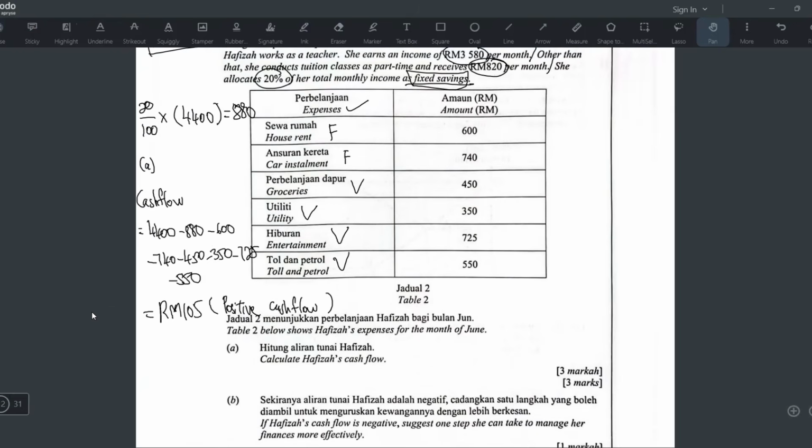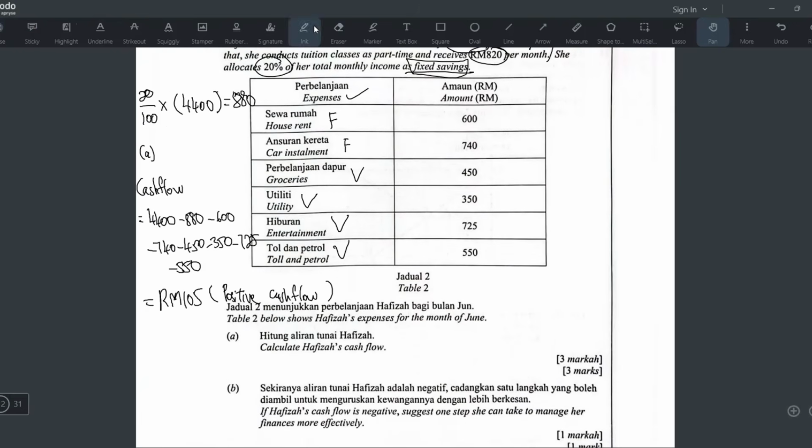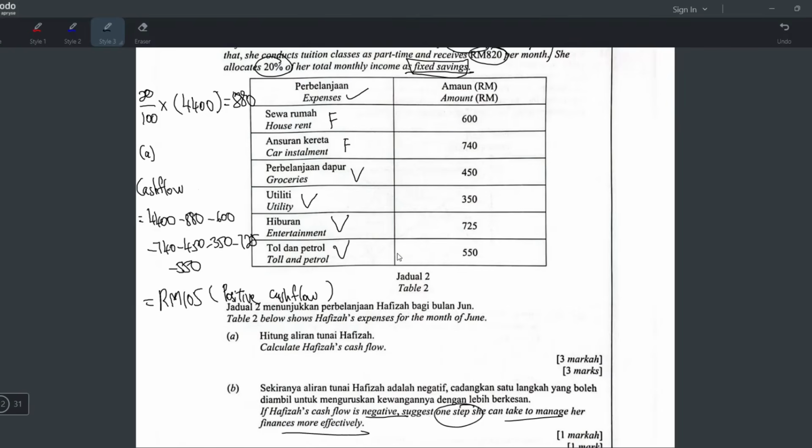Okay. All right. Hope you understand. Now for B. Okay. If Hafiza's cash flow is negative. Okay. It's positive now, right? It's positive. Hafiza's cash flow is positive. Yeah. It's positive 105. But assuming if it's negative, suggest one step she can take to manage her finances more effectively. Okay. This question